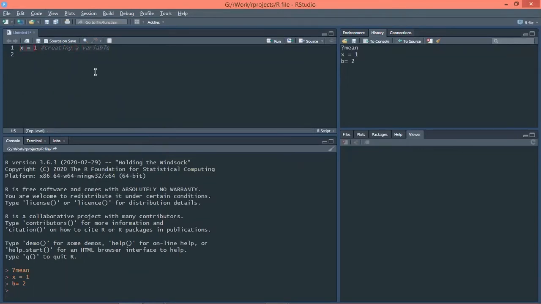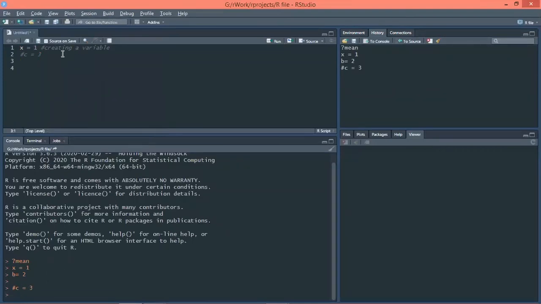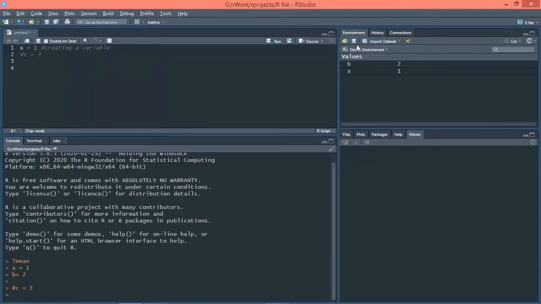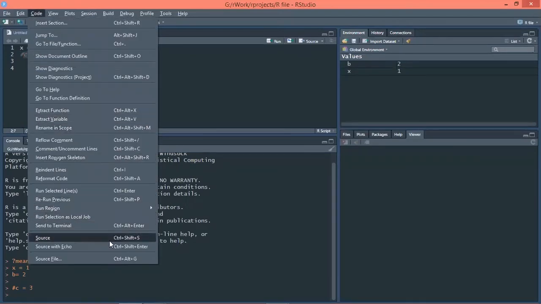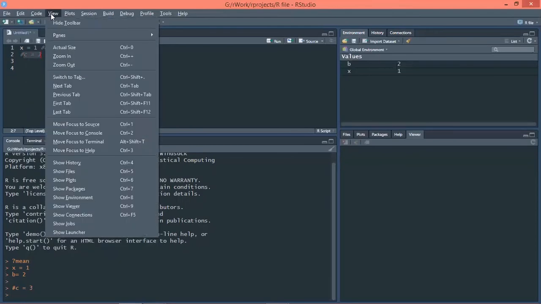Or if I comment this part, where I wanted C equal to 3, and I do not want to execute this command, I can just comment it. R will not run this command. You can see in the environment, no C variable has been created wherein the value 3 is saved, because we have commented it. So this is how there are different shortcuts you can always use in RStudio.